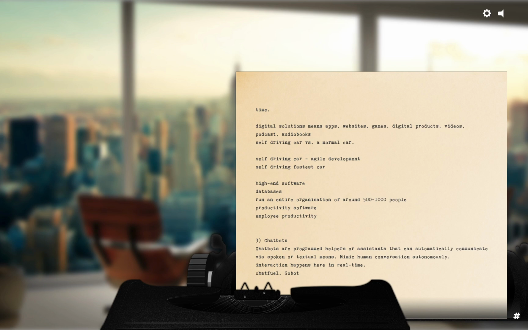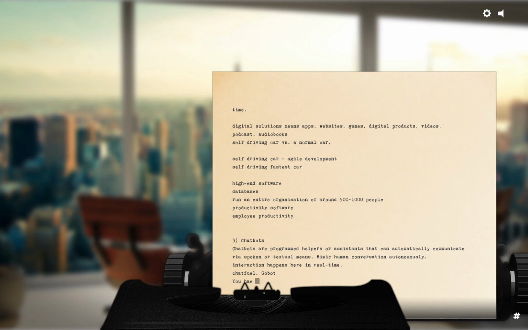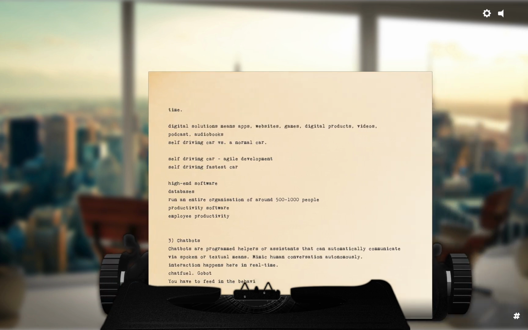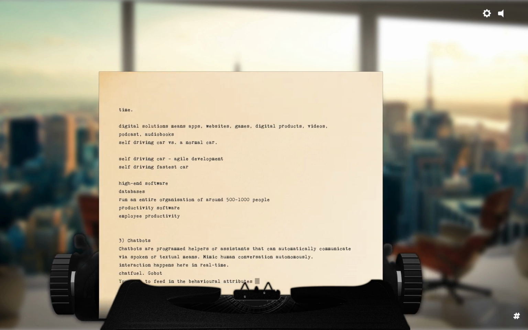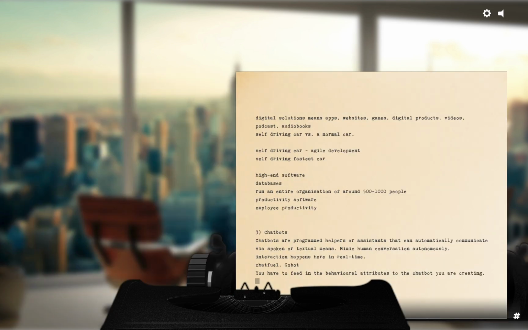So what does it do? How do you program chatbots? You first go ahead, without coding, and you can feed in the behavioral attributes to the chatbot you are creating. Understand? These behavioral attributes will help the chatbots mimic effectively. What kind of behaviors you feed to the chatbot is very essential, and definitely they will be available